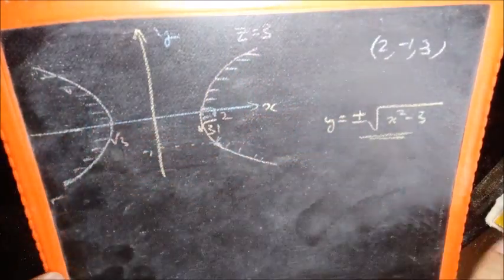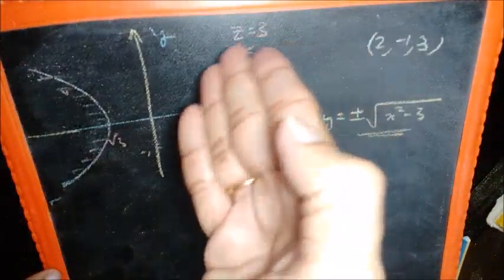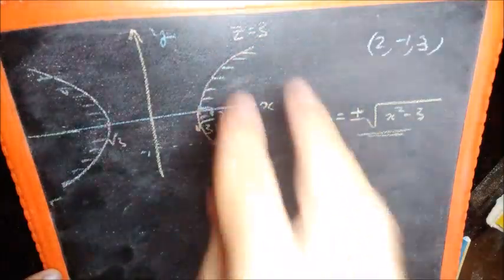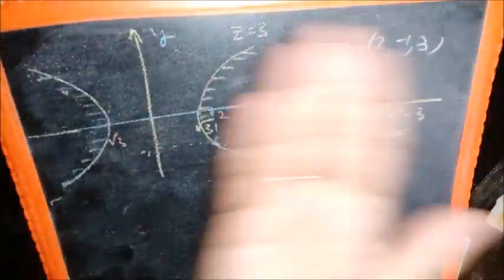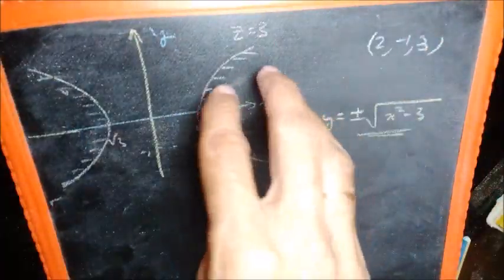And remember, this is at z is equal to 3. So with respect to z, the interface will be like this. So it will be a 3. What we are seeing here is a cross section on the z is equal to 3 plane, a section on the z is equal to 3 plane. So it will be an interface like this.